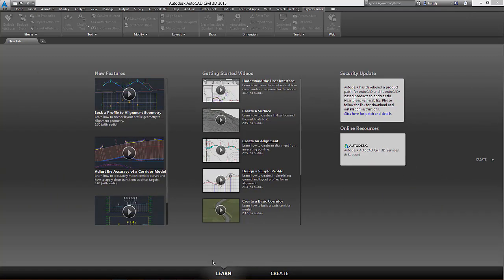We now have a tab for Learn that we can move over to, where there are some nice videos that walk through some of the new functionality that exists in 2015, as well as some of the traditional Getting Started videos that walk through creating some of the objects that we would work with most often in a Civil 3D environment. There's an area here that will notify us if there are service packs or other hot fixes that need to be added to our application, as well as a very nice online resource that's called